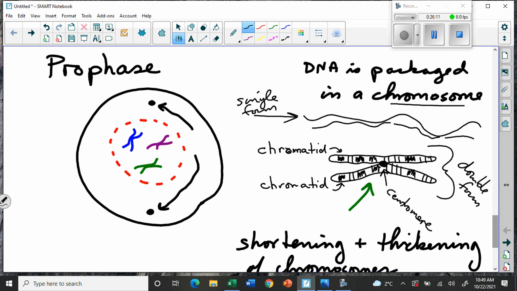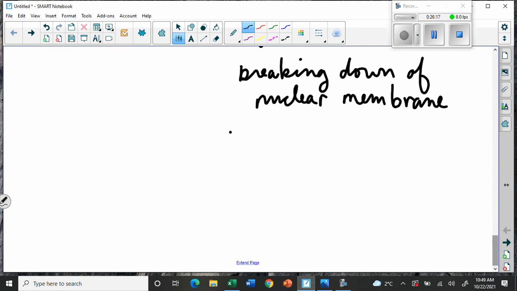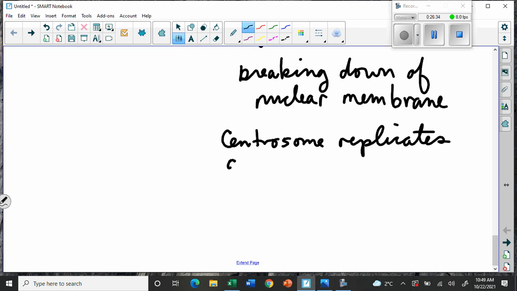So let's write here that the centrosome replicates, let's use that word, it's a nice big word, replicates, and each one moves